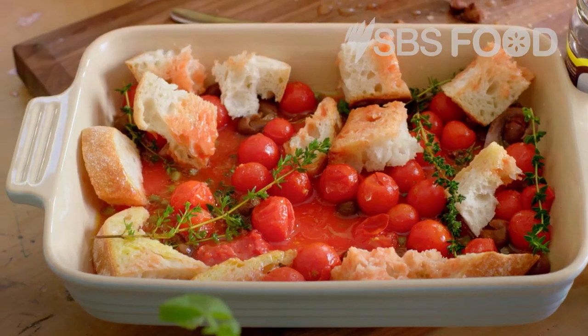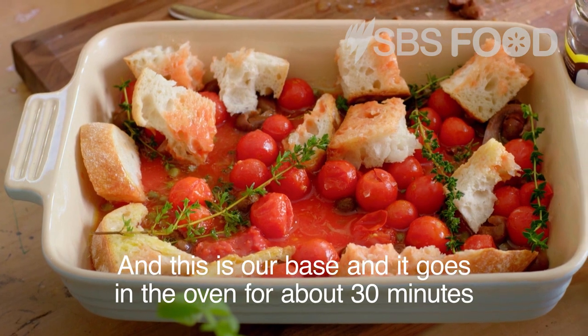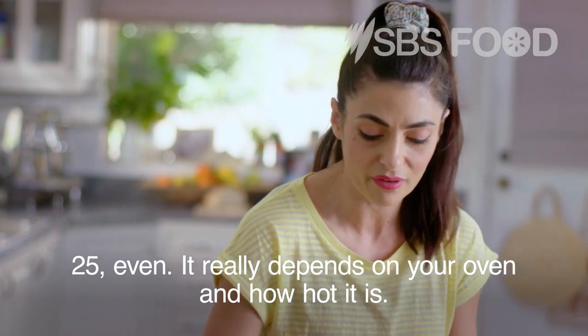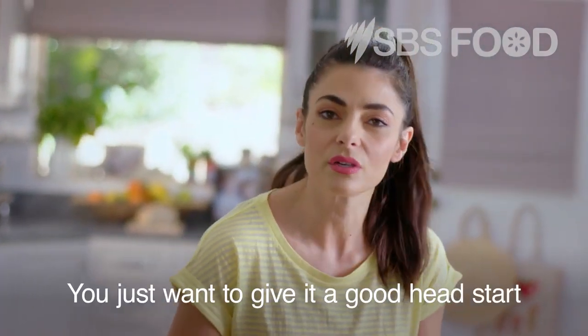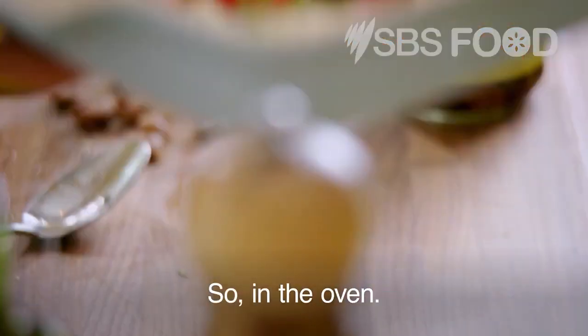There, I've said it. And this is our base, and it goes in the oven for about 30 minutes, 25 even. It really depends on your oven and how hot it is. You just want to give it a good head start. And then we're going to add the fish on top. So in the oven,